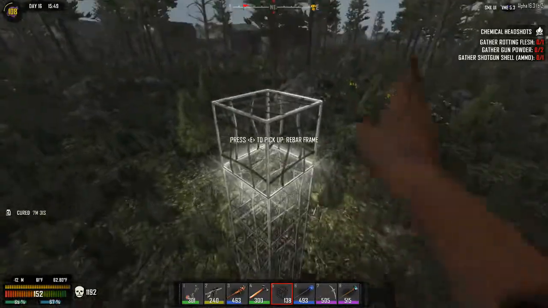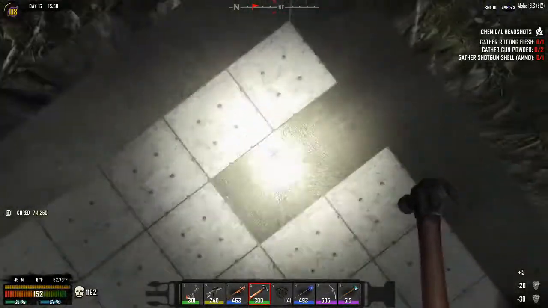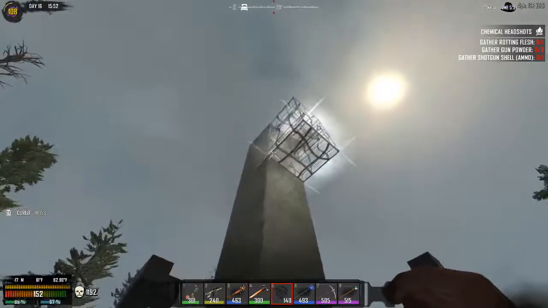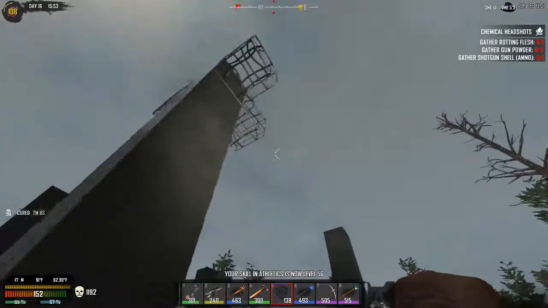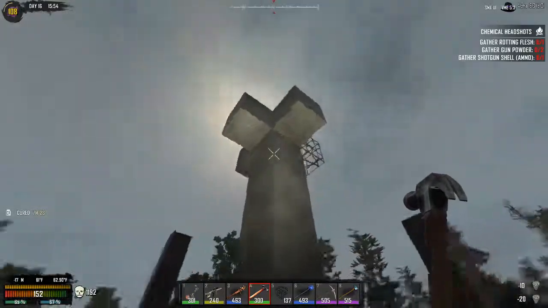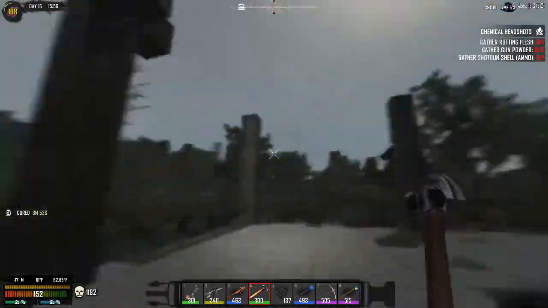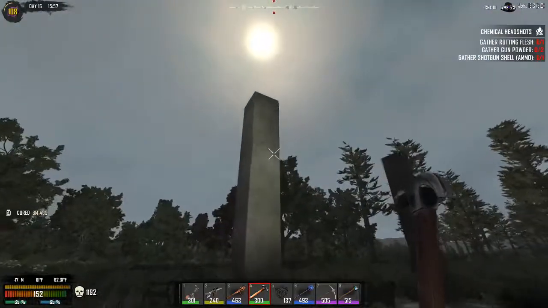1, 2, 3, 4, 5. Alright, so that's got that. So now we're gonna put up our blocking like so. Now if you go to the 7 Days to Die wiki, you can learn about how many blocks you can go out. Like say wood, I think you can go out like 4 blocks before, when you put the 5th one on, it all collapses. Can't think of the word that they call it right now, but